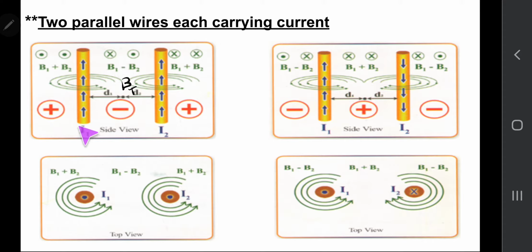So I can calculate B1 from the law B equals mu I over 2 pi D, and calculate B2 from the same law, and subtract B1 minus B2 or B2 minus B1, the magnetic flux density large minus small, to determine B total. يبقى الـ B total هنا هتبقى B1 minus B2 أو B large minus B small, because the direction of magnetic